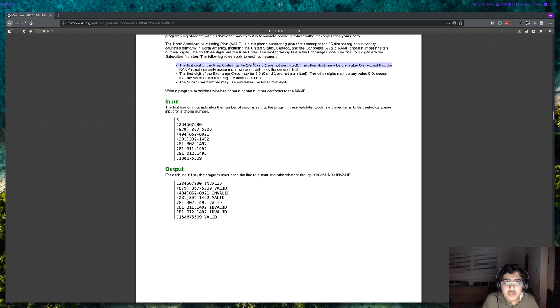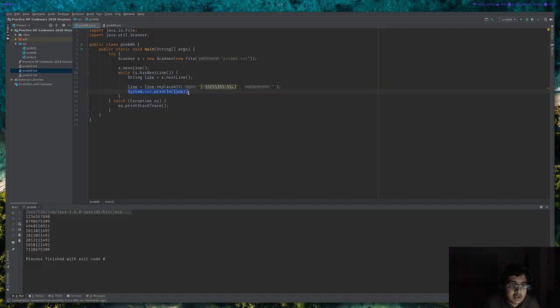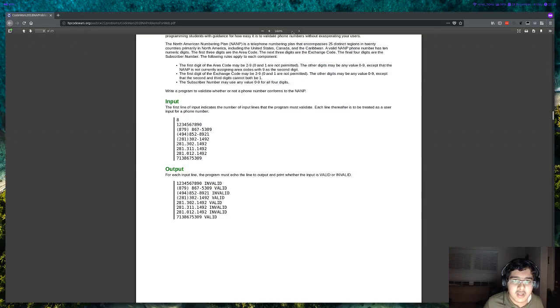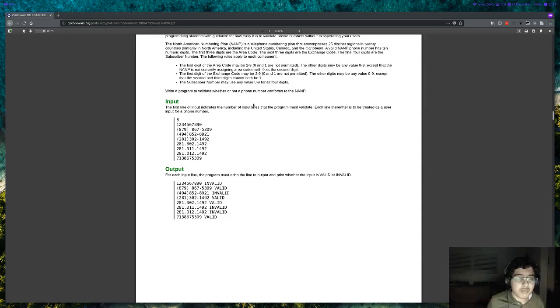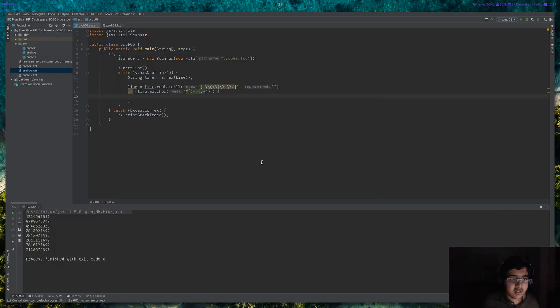Our code may be 2 through 9, 0 and 1 are not permitted. So what we want to do is, we could probably do a lot of this with just regex, actually. Yeah, let's try to do as much of it with regex as possible. If line dot matches caret, which states that we want to start from the beginning of the line, and we want 2 through 9, and then we can do dot star for anything. So if it matches everything, we'll just say